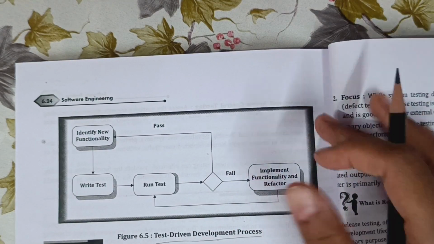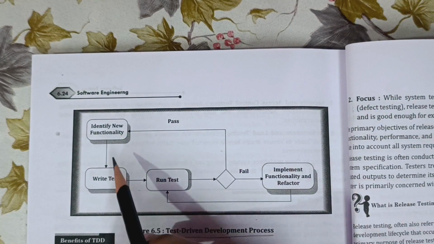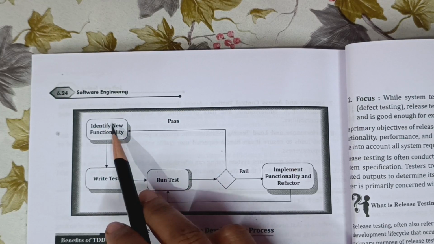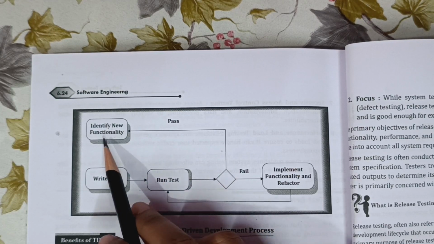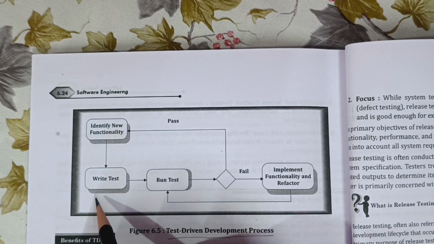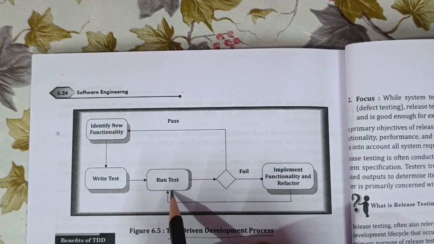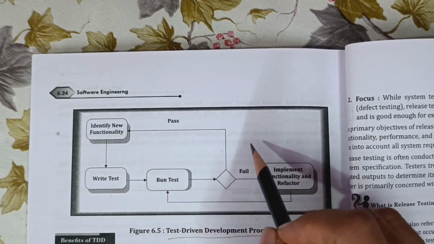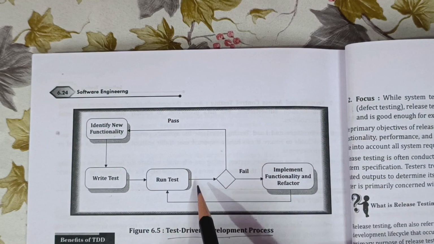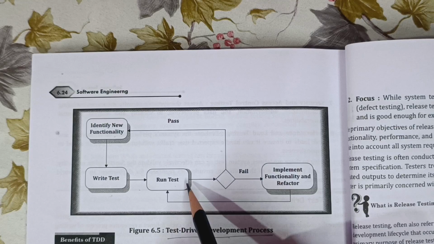First of all, we identify new functionalities. We define and identify new functionalities, and then based on the new functionality we write the test. After writing the test, we run the test case, and there will be a condition: when we execute the test case, if it is successfully